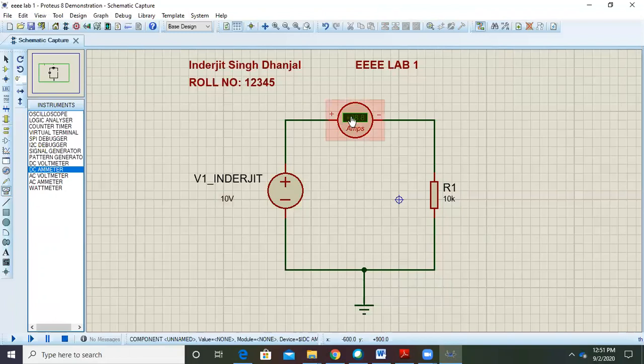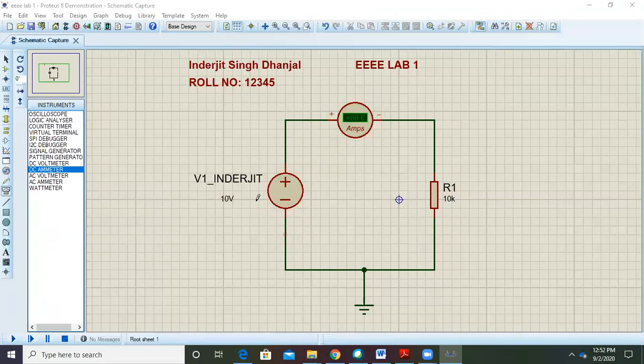So my ammeter is placed. This will directly show me the current. Fine. So let me show you how. So once you added this, it's like a virtual instrument. Okay. So this is what my ammeter will read, the DC current. It will be in amperes or milliamperes, or it will be in microamperes.